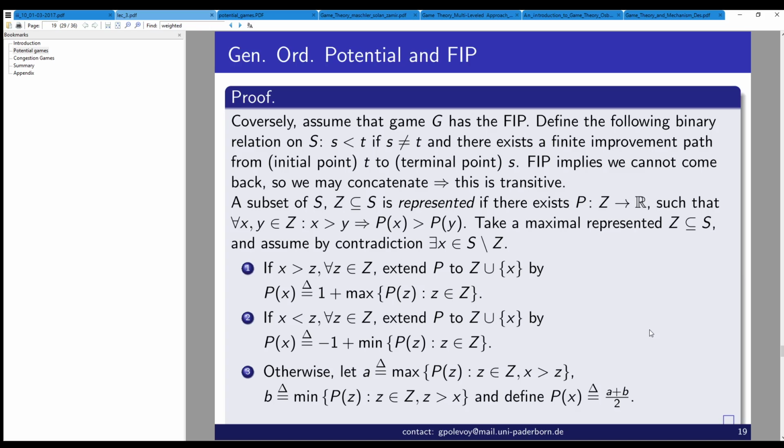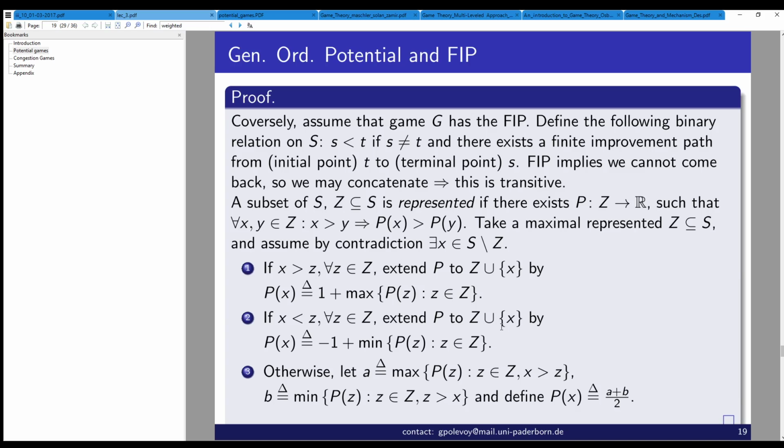Another option, the only other option, is that X is neither larger than everyone nor smaller. And then we have at least someone who is larger and at least someone who is smaller. Now why? That's because, let me think. One second. We don't actually need this. We don't need this because